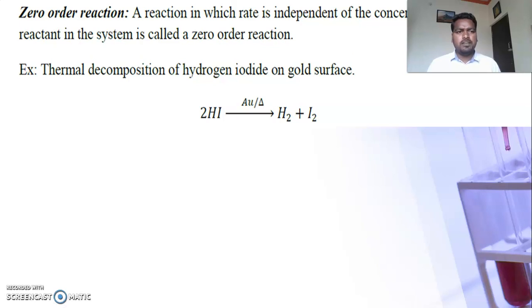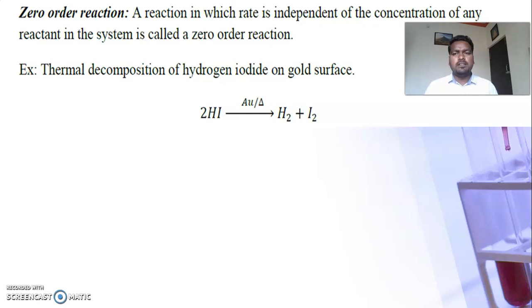The next concept is the integrated rate expression for a zero order reaction. This integrated rate expression mainly gives the relationship between rate constant, time and concentration of a reactant. With the help of this rate expression, we can calculate the time required for the reaction, or we can calculate the rate constant of the reaction, or we can calculate the concentration of reactant at any time. So these are the significance of these equations.